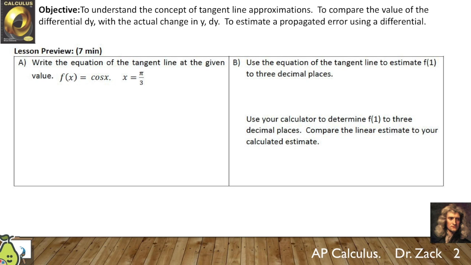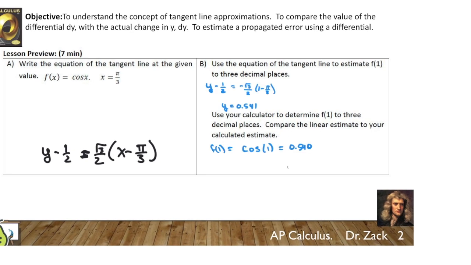So the answer you should have come up with is y minus 1/2 equals the square root of 3 over 2 multiplied by x minus pi over 3. So if you didn't come up with that answer, please go back, review your notes, and then ask questions if necessary. So the purpose of question B was to remind you that the AP expects you to round your answers